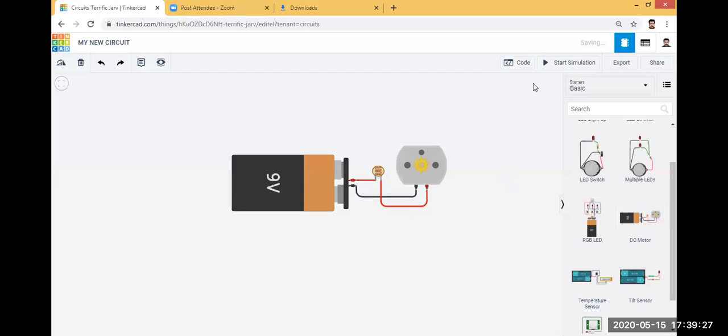So when I click the start simulation, you can see the motor starts working. So this is another example.